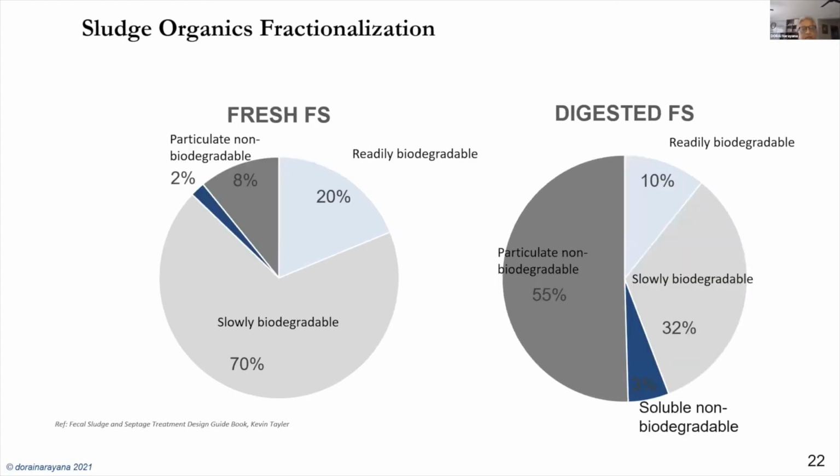And this is the whole picture which you can see here, that the readily biodegradable part for fresh fecal sludge or septage is very high, 90%. And the particulate part is small. And secondly, the fresh fecal sludge also does not have very good settling properties, which means it doesn't settle that easily. Whereas digested fecal sludge settles much better, and you might be able to remove 55% or even more by settlement alone. And you only need to handle the remaining part in the co-treatment process.